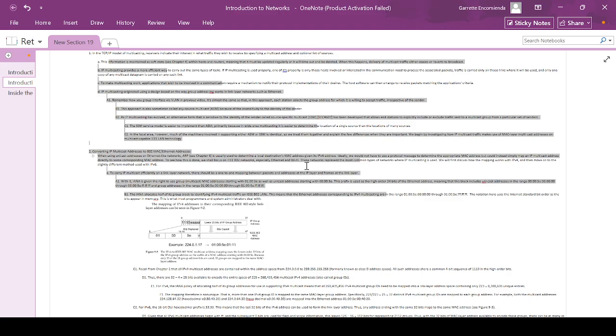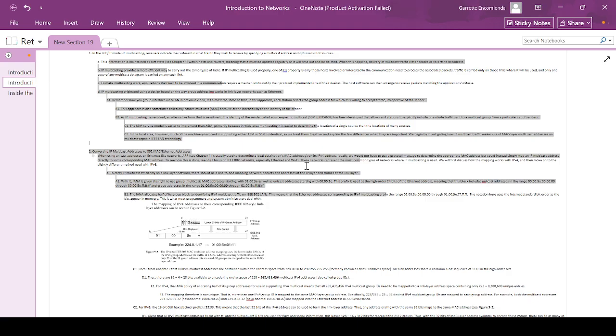This prefix is used as the high order 24 bits of the Ethernet address, meaning that this block includes unicast addresses in the range 00:00:5E:00:00:00 through 00:00:5E:FF:FF:FF, and group addresses in the range